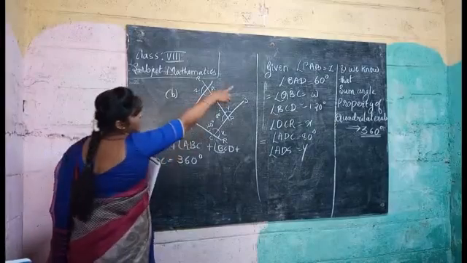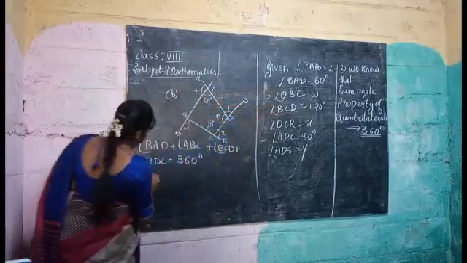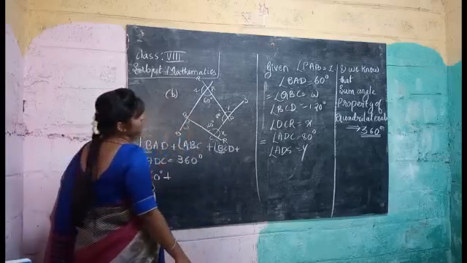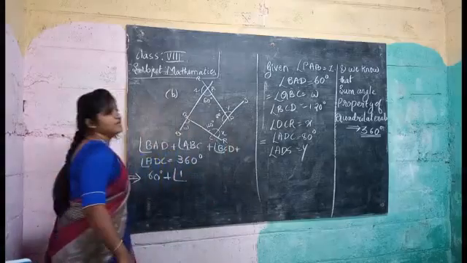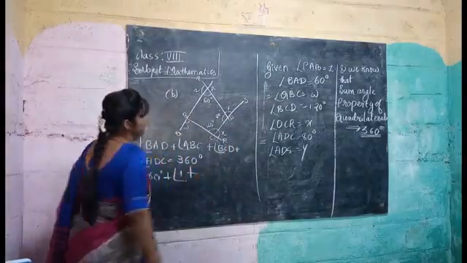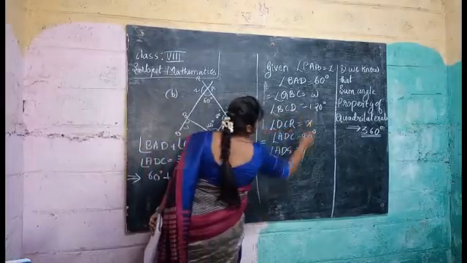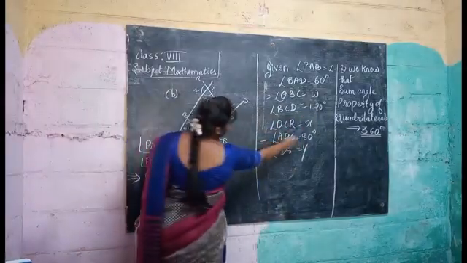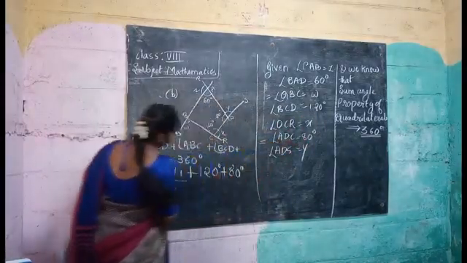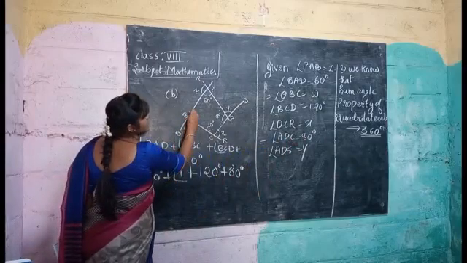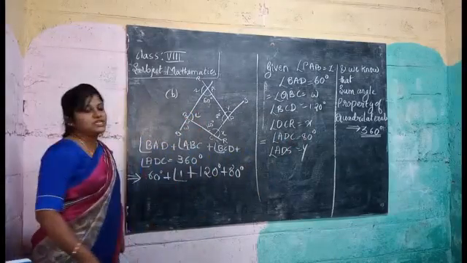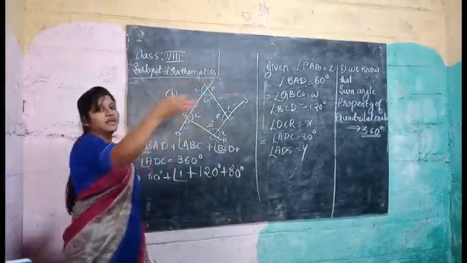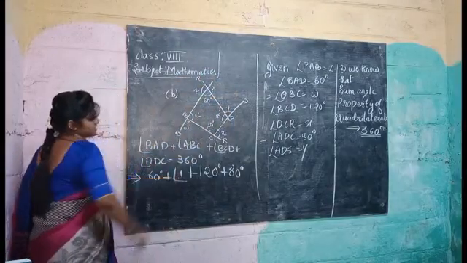So BAD, how much do we have? Here we see 60 degrees, plus ABC. We don't have ABC, we have to find it out. So I'm naming it angle 1. Plus BCD. How much do we have for BCD? 120. Plus ADC, we have ADC, that is 80 degrees. Why are we naming it 1? Because one more interior angle is not mentioned here. So we have to find this out, then only we can find the next values of x, y and z. So I'm finding that angle first.